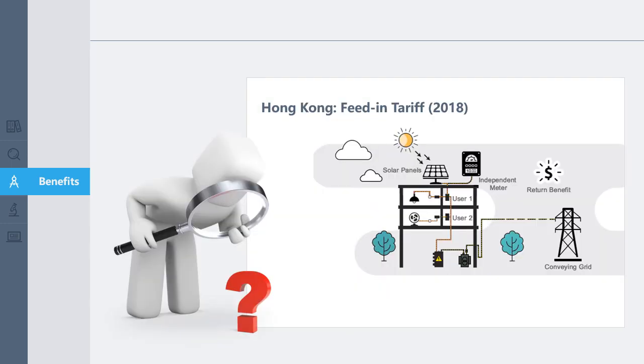Another thing that is closely related to our lives is the 2018 feed-in tariff plan in Hong Kong. It allows us to build solar panels and energy storage to sell electricity to the power grid. It is in a form that seems to be very similar to many virtual power plant projects in Australia. By benchmarking Australia, we want to learn about the feasibility of virtual power plants in Hong Kong in the future.